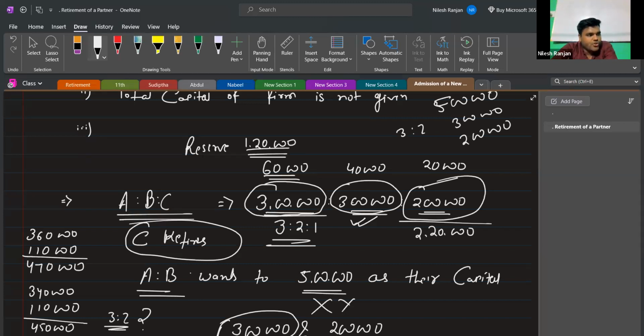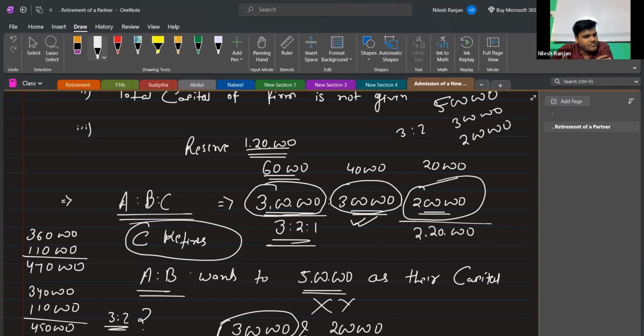Because their capital should be according to their profit sharing ratio. Okay, then you can deduct from their capital. You can deduct 1,10,000. No, not deduct one. Like to make it 3:2, so 3 lakh and 2 lakh. Deduct 60,000 from this and